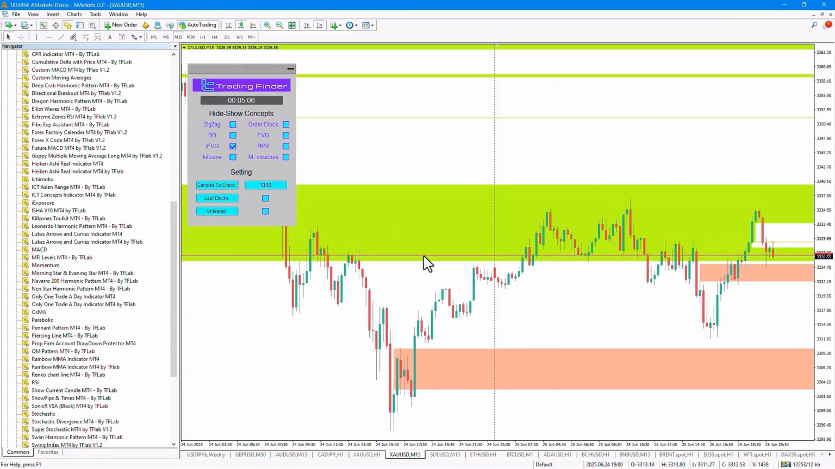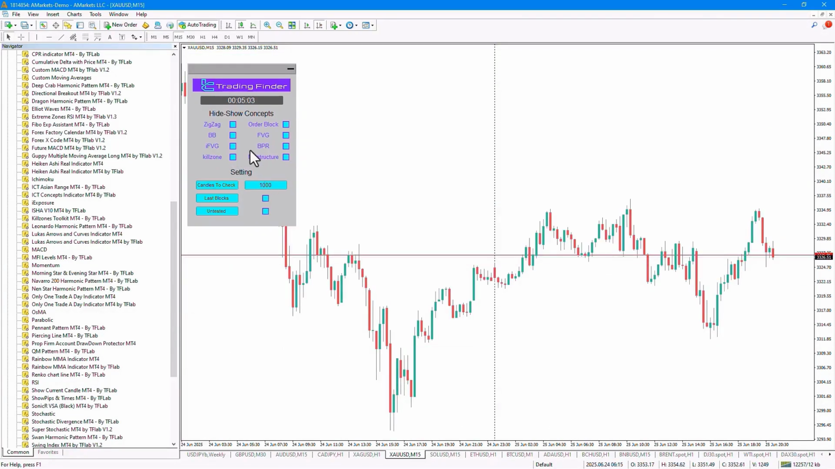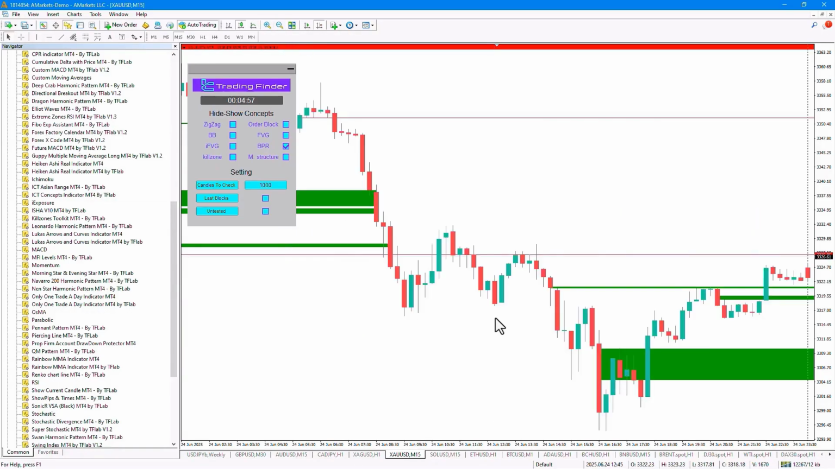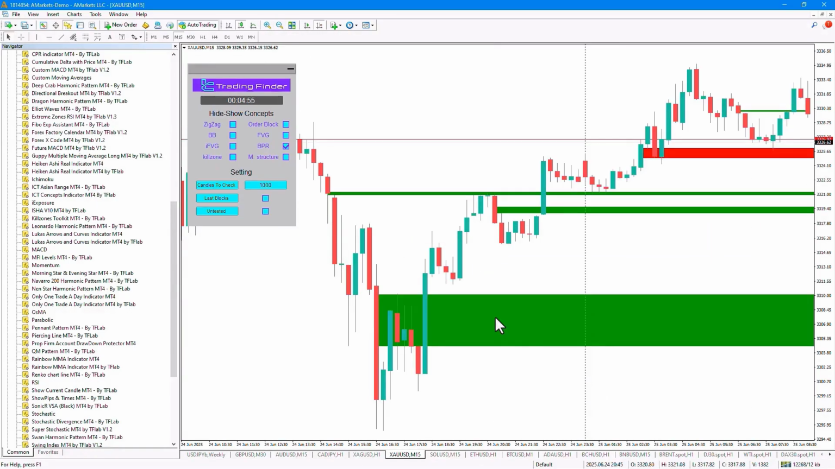The next section is about BPR, or balanced price range, which is formed from the overlap of 2 FVG zones. BPR zones are created from these overlaps. Here we had a bearish horizontal zone,